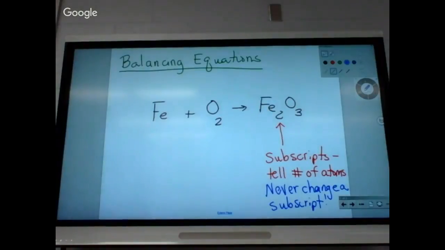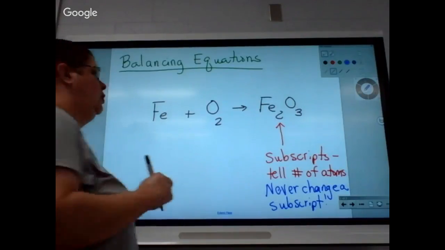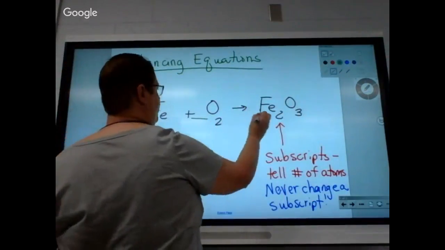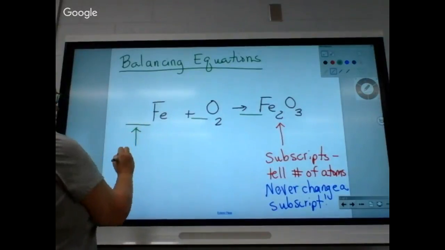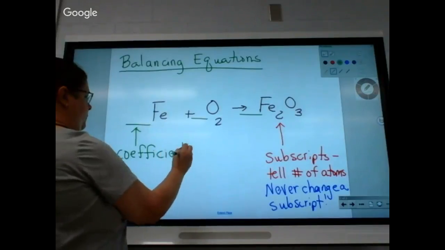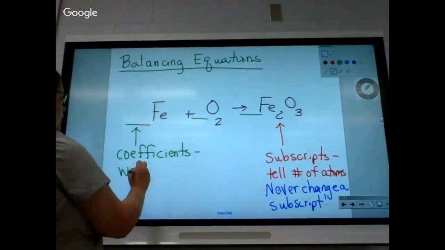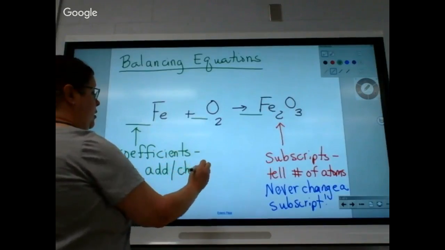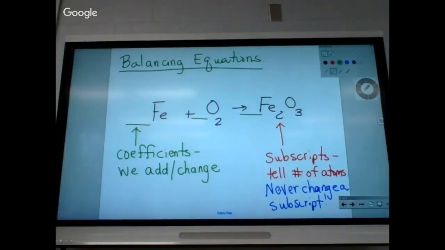Never, ever, ever change a subscript. The only numbers that we can touch or change are the other numbers. We're going to change these numbers. The numbers we're going to change are coefficients. We add and change coefficients. Now, the reason I said that we can change them is if we put one there and it won't work,